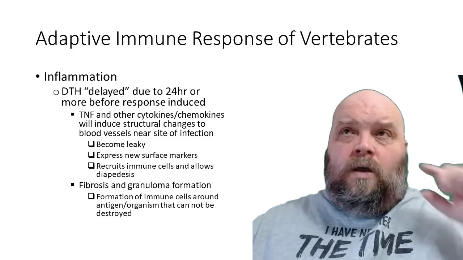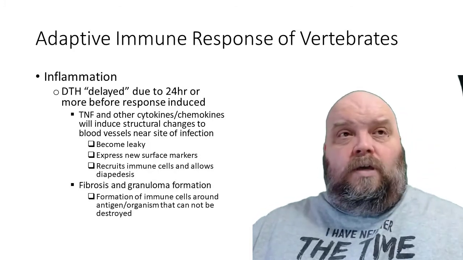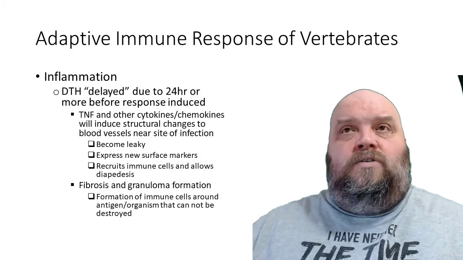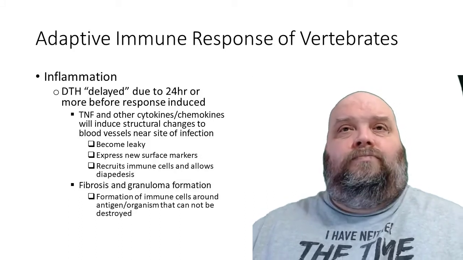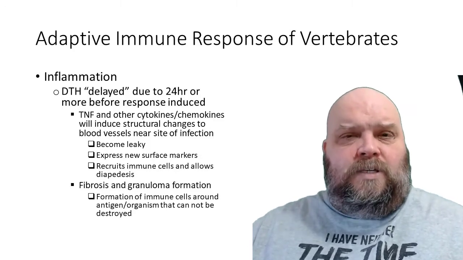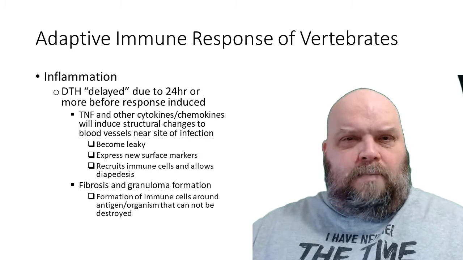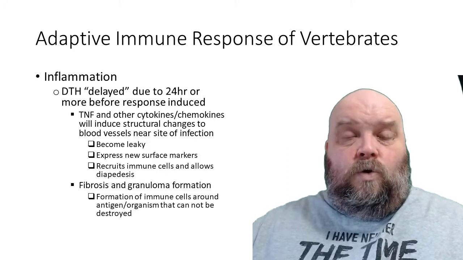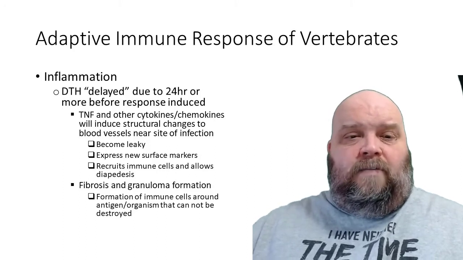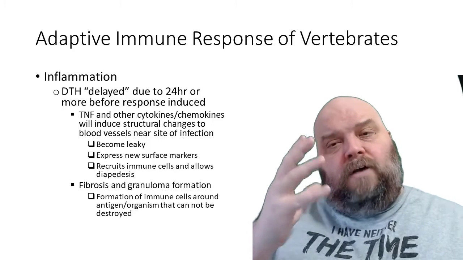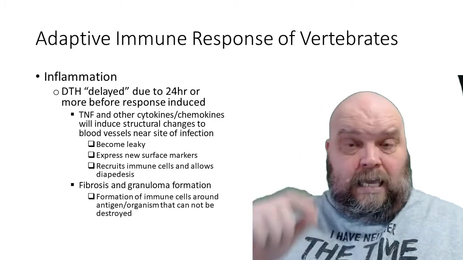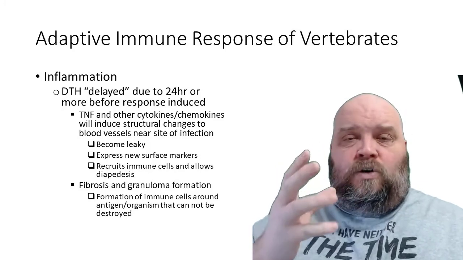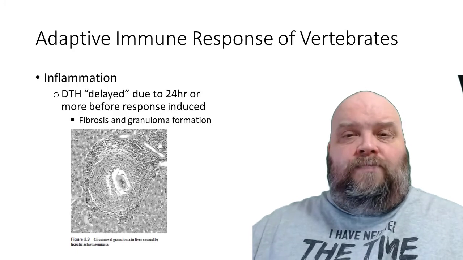Now sometimes though, the thing not you is too big for macrophages to phagocytize and kill. Or it's too big that the eosinophils can only do so much damage. So what you end up with is what is referred to as a granuloma. It starts off as the formation of fibrous tissue, the alteration of the architecture around whatever that thing is, and then that alteration of the tissue architecture starts to form layers upon layers, and you get what you